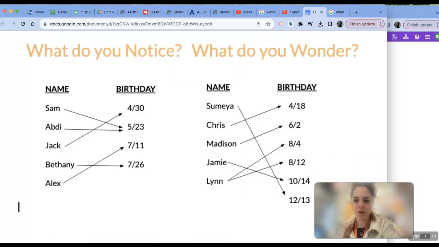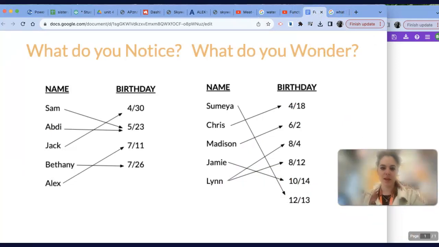And then one more thing that you might get is if you look at